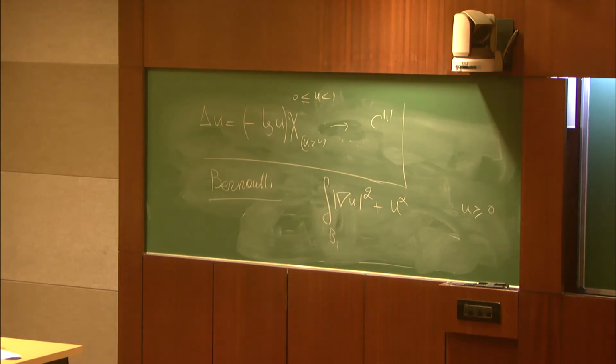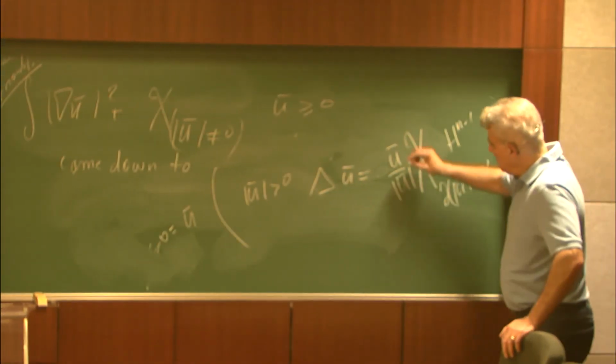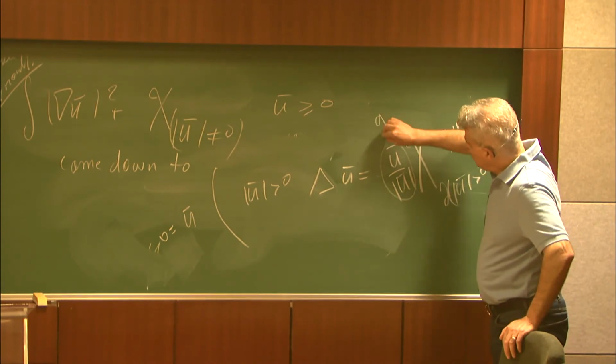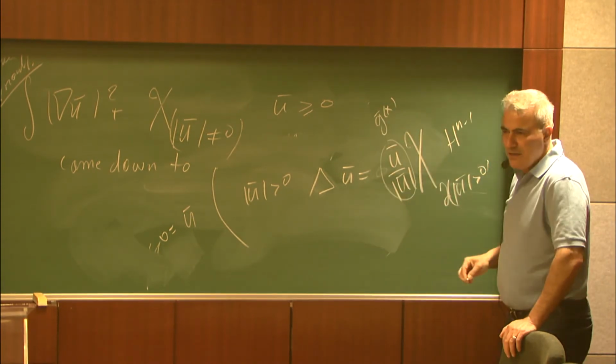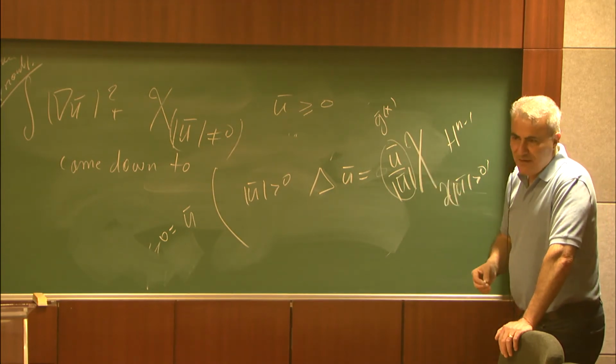It's a matter of technical computation, but this is what you get after making the variation. This will be 0 inside, it's 0 here, it lives only on the boundary. And each component satisfies this. So if I write this as the function g of x, then the classical theory of papers of Alt and Caffarelli